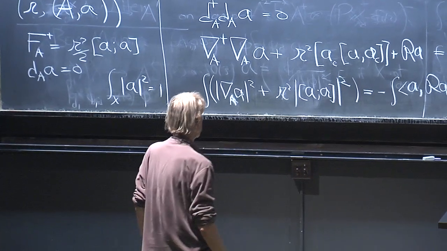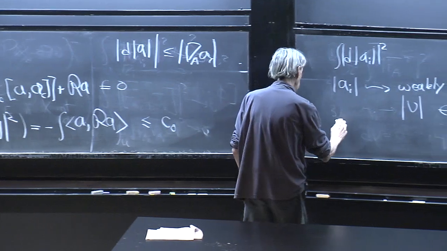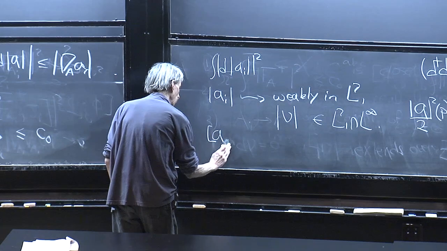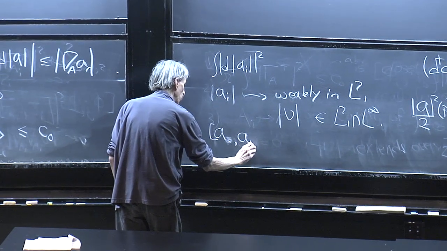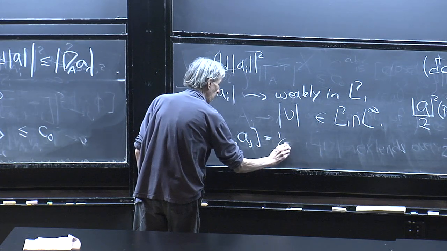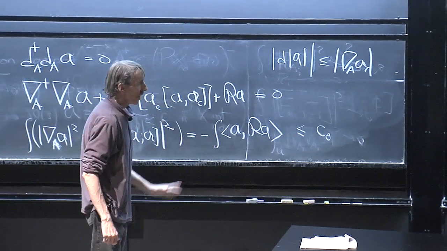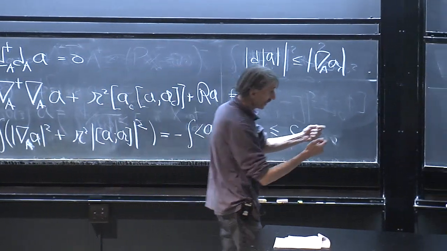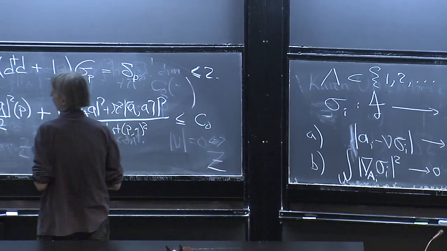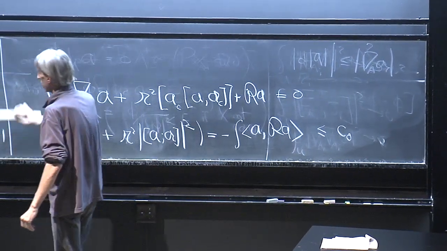So this is telling us that, in some sense, the components of A should be more and more commuting. The various components of A should want to commute over more and more of the manifold. So this should be on the order of 1 over R. Now, if you imagine that the components actually did commute,